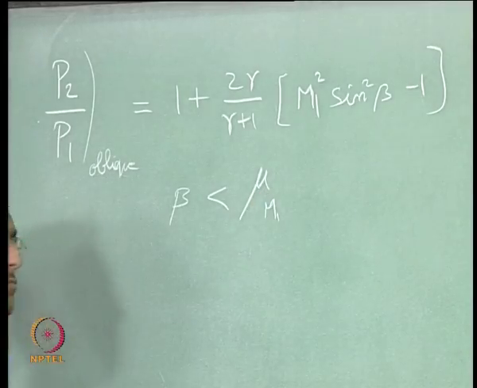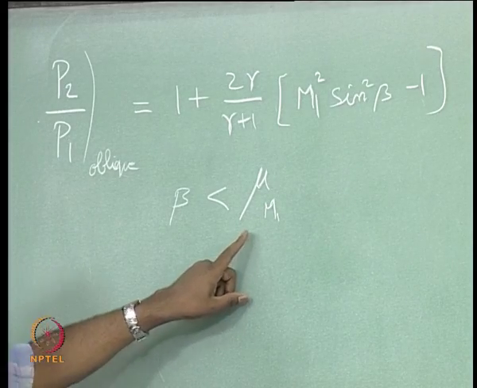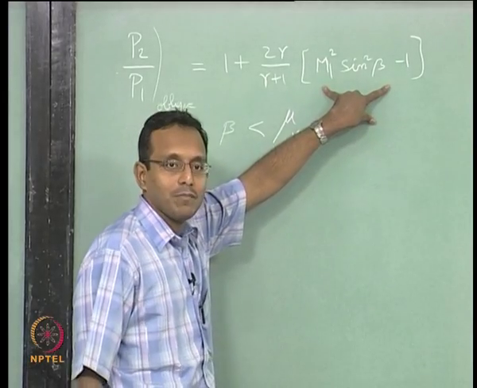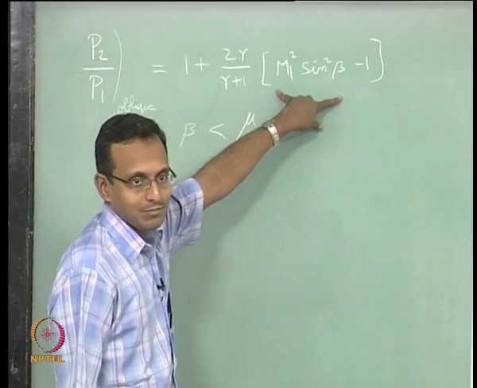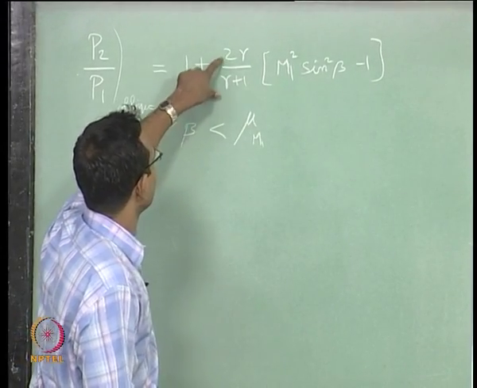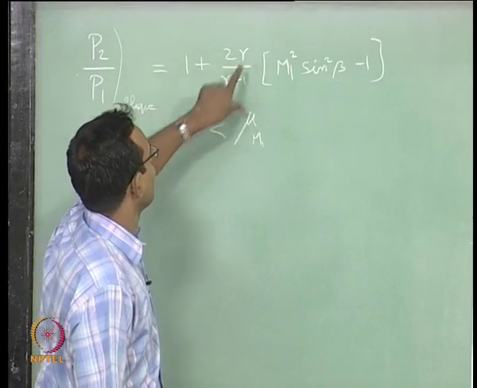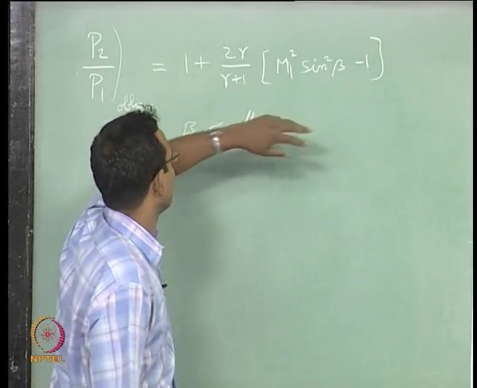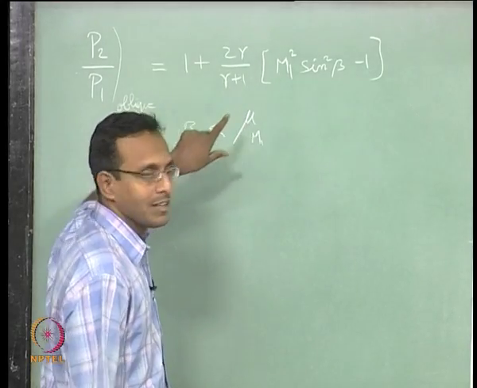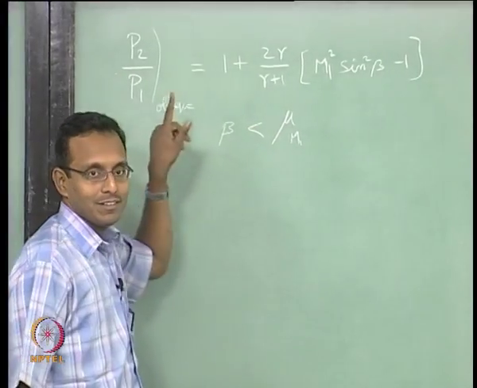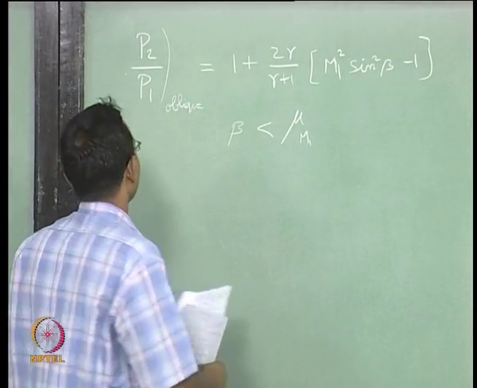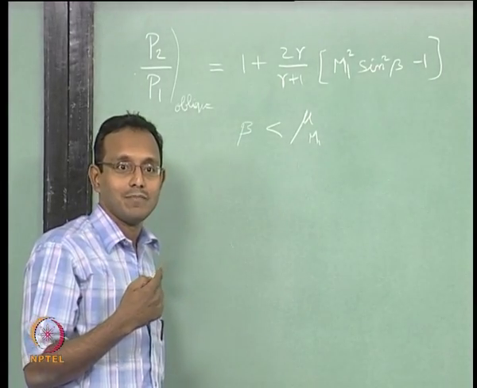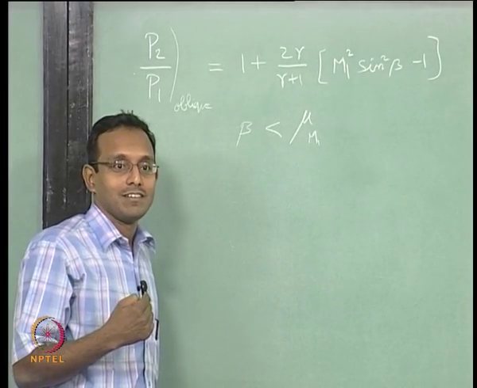mu of m1, mu of m1 is your sin inverse 1 by m, right. So, if I have such a situation, then this whole square bracket will become negative. If this becomes negative, I am going to have a condition where 1 minus 2 gamma by gamma plus 1, multiplied by some other number, that is fine, but it is 1 minus something, okay, which basically means that P2 by P1 will be less than 1, okay, which means it is still a shock in our case, but it is a shock which has P2 less than P1, which means it is an expansion